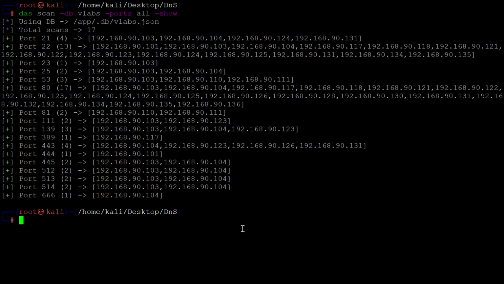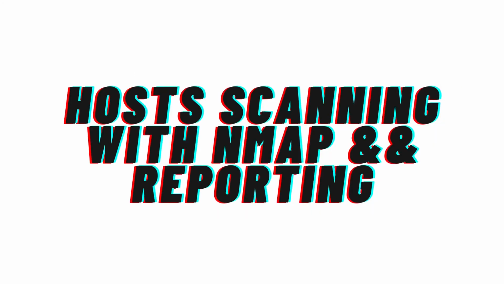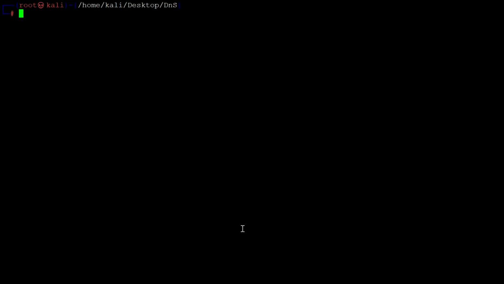Now let us have a look at how we can use Nmap in the second stage, and use it in parallel. There are two options that we can use as per the documentation. You can use Nmap to scan sequentially, so first it will take one host, scan it, and then proceed to the next host. The next option is the parallel option, where you tell Nmap to run the scans in parallel. It will be better performance-wise, and you will get the results sooner. We will look at both of the commands, but I will be running only the parallel one.